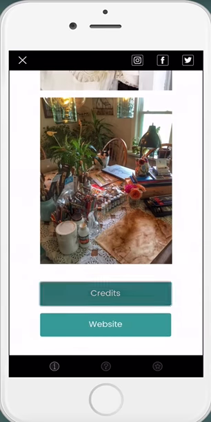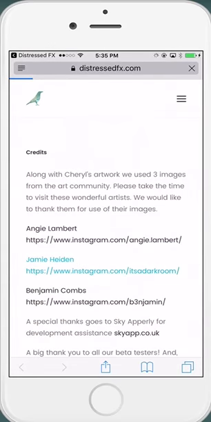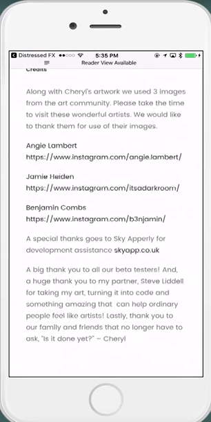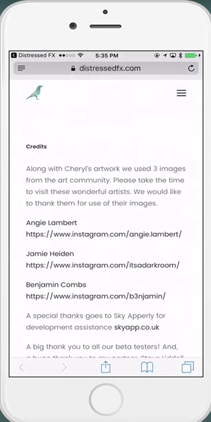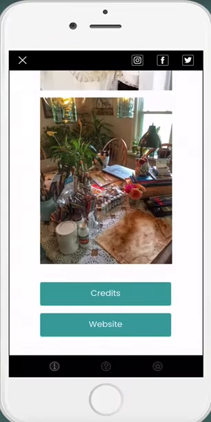We have credits, which I would really appreciate it if you would go read that, because there are some people that helped us with the app, and they were gracious enough to let us use their artwork. And thank you to our beta testers. That actually goes to our website, so I need to go back out and go to the app again and